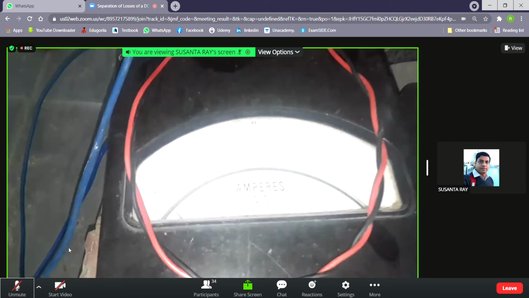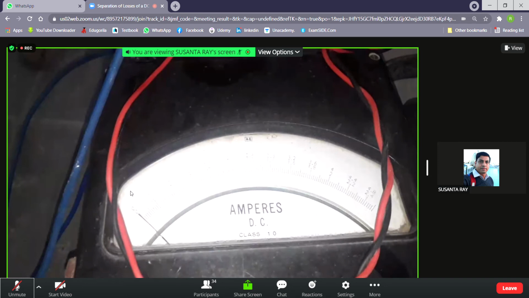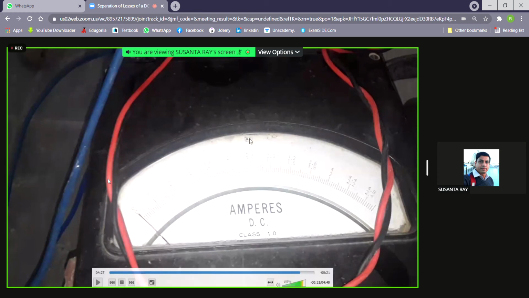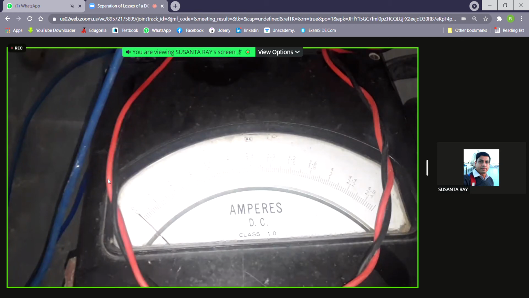Now this ammeter has two ranges basically, 0 to 2.5 ampere and 0 to 5 ampere. You should note this down. I will not provide you the apparatus list, so you have to note it down from here. So 0 to 5 ampere, 0 to 2.5 ampere, these two are the ranges. This is a DC ammeter. Automatic Electric is the maker name already written there at the top. AE, Automatic Electric. Only the thing is the serial number. Okay, rest of the things you can see.